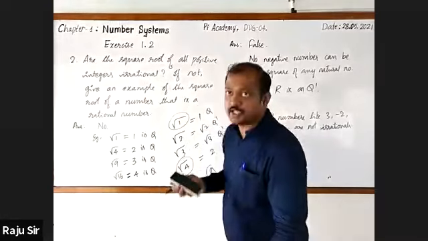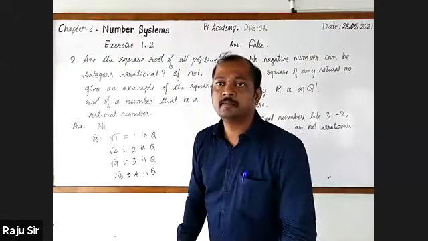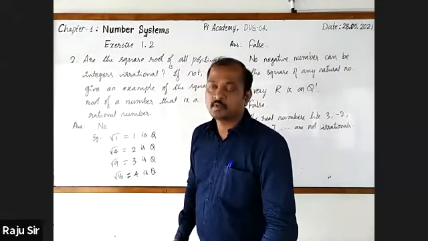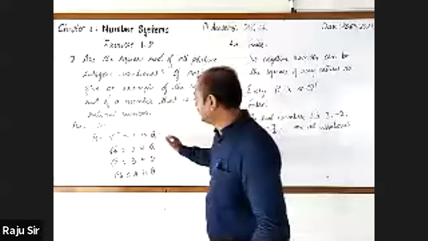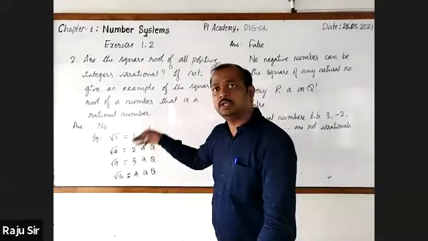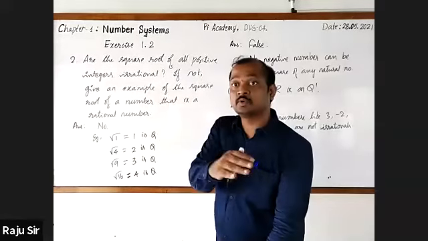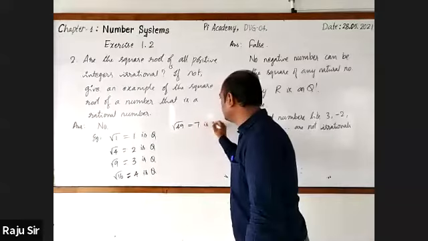Afrin Sheikh, are you on the line? Amrita NS. Yes, sir. Now you tell which is the next example. Root 49. Very good. Other than root 16, you can even take root 25, root 36, root 64, root 100. Why is root 49 rational? Because it has the value 7, and 7 is rational.